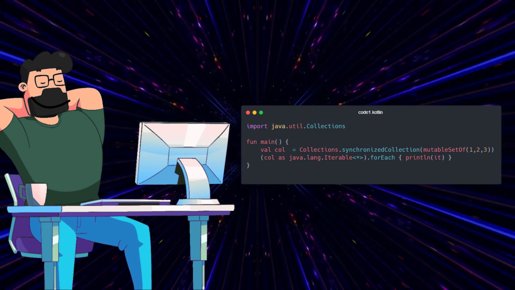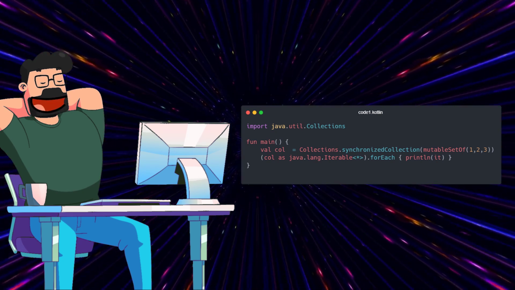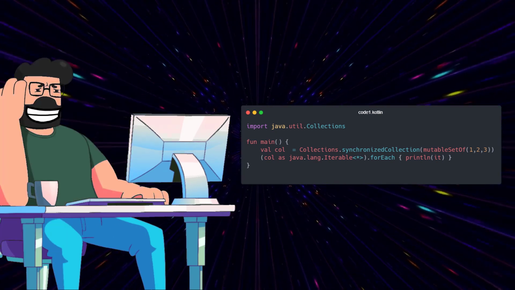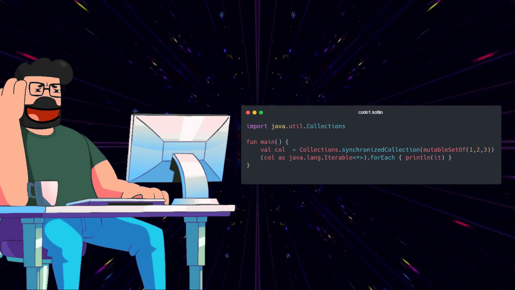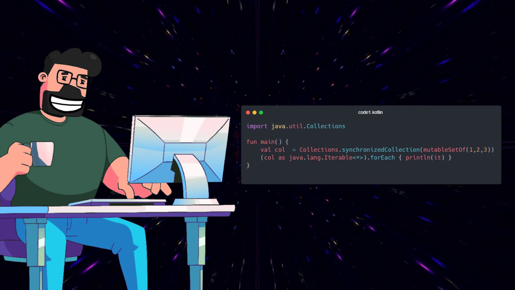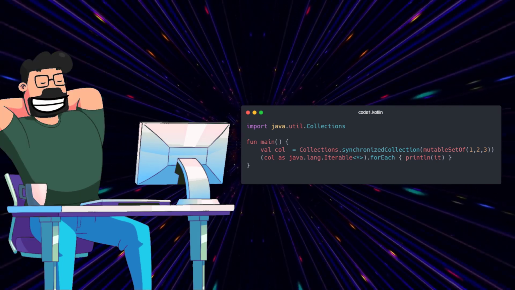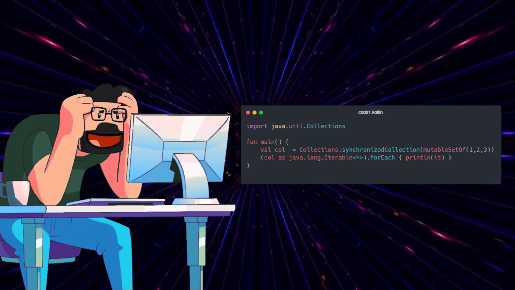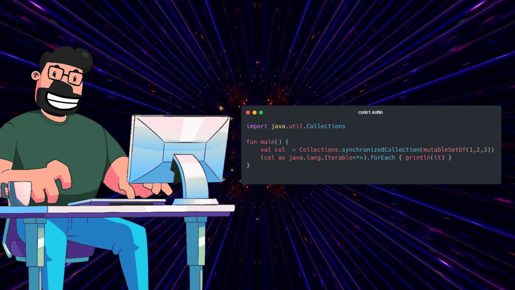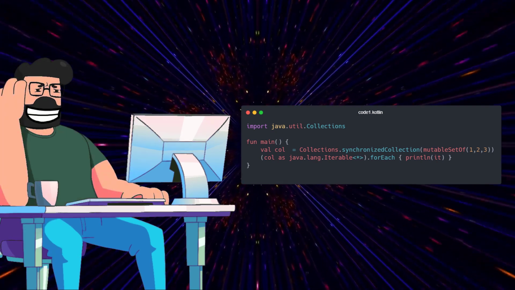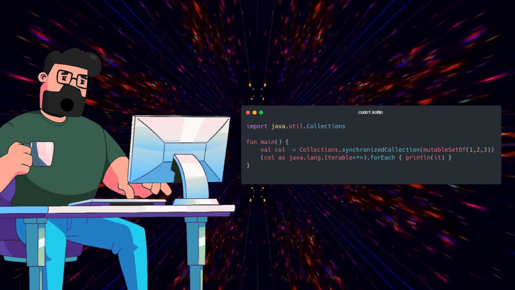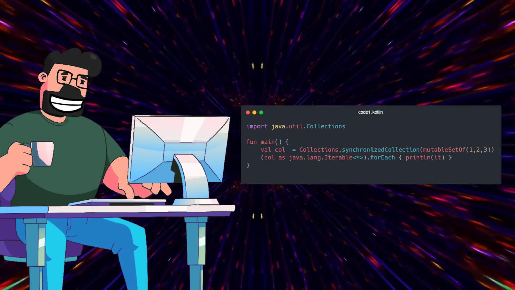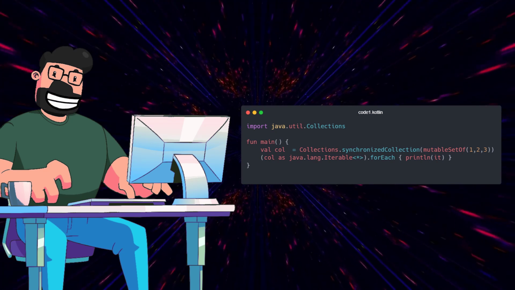The solution to our problem involves casting the SynchronizedCollection to java.lang.Iterable, and then calling the forEach method on it. By doing this, we ensure that we are using the synchronized version of forEach provided by the SynchronizedCollection class. It may seem a bit ugly, but it gets the job done. By following this approach, we can guarantee that our forEach operation is synchronized and thread-safe, avoiding any potential concurrency issues